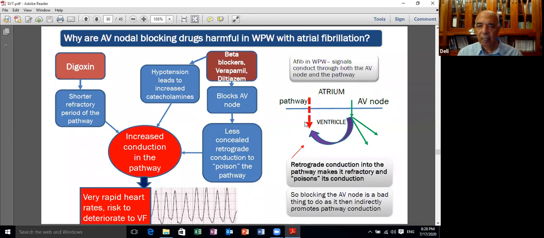But there is another reason for not blocking the AV node. If you block the AV node, then no impulse will come through the AV node. If an impulse comes through the AV node, it goes retrogradely and poisons the accessory pathway, blocking the conduction through the accessory pathway. So if you block the AV node with diltiazem, verapamil, or beta blockers, you prevent this poisoning, and this facilitates the conduction across the accessory pathway. You don't use digoxin and amiodarone, since these will also shorten the refractory period of the accessory pathway. So all of these drugs are commonly